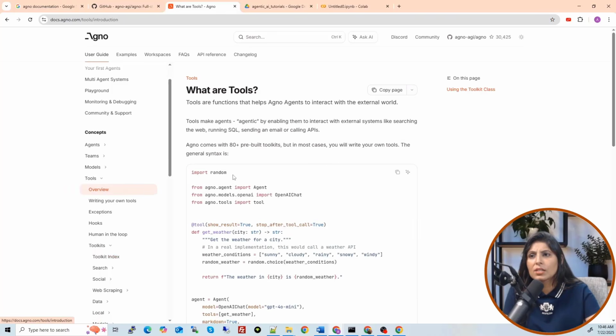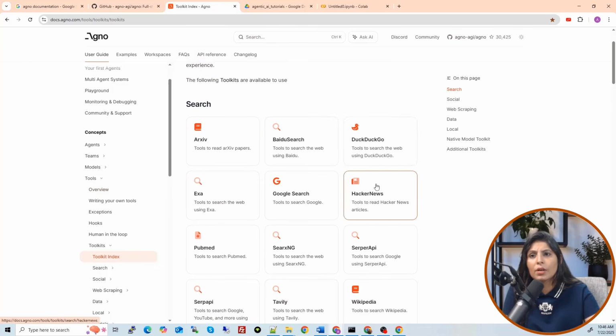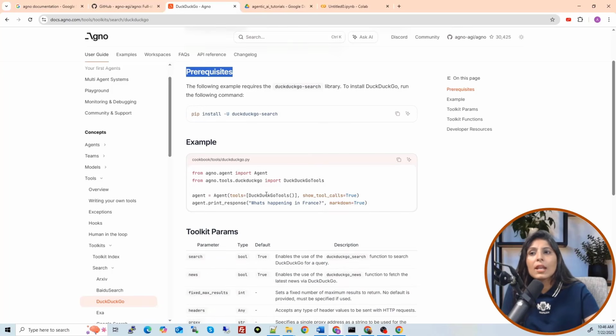Let's go to the overview and see. See, over here, they have mentioned 80-plus pre-built toolkits. These are the pre-built toolkits, meaning the code is already there. You just need to import them and use them. And go to Toolkits again. Let's open this DuckDuckGo search. See, if you want to use this predefined tool, what you need to do is first install this package. This is the prerequisite for it. And then you can use this tool like this. See, first we are importing the package, and then we are calling the package and asking the question to it, and then this tool will search the web and give us the output, right? So here we are not writing any code.